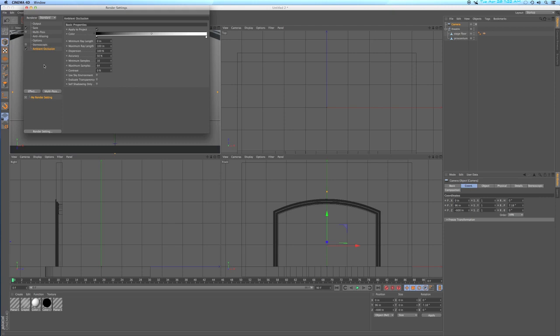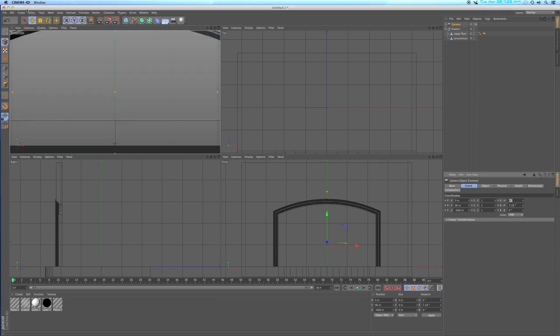So if you have a really massive model and lots of lights and lots of shadows and just everything going on, if you add ambient occlusion, it may slow down your computer so much that it will take too long. But this is a very simple model. We're not going to have that many lights, so I'm going to use ambient occlusion. The rest of these I'm not going to play with at this point, so I'm just going to close out